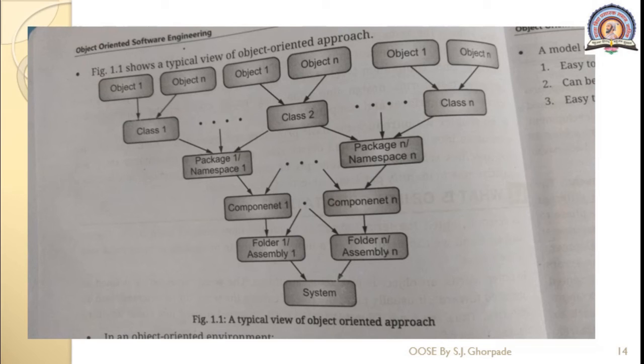So n folders or n subsystems could be present, like subsystem 1, subsystem 2 up to n, and then by integrating all the subsystems we form the major system. So this is a typical view of the object orientation approach for modularity. It supports modularity, meaning at a modular level we are designing the system.